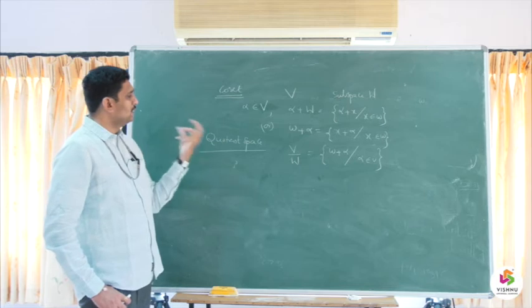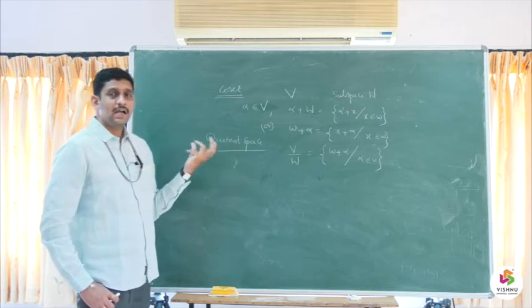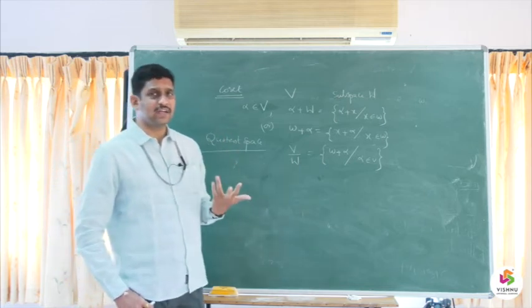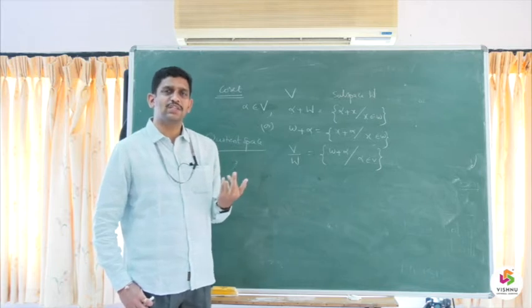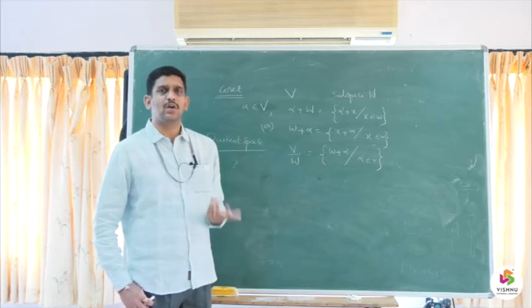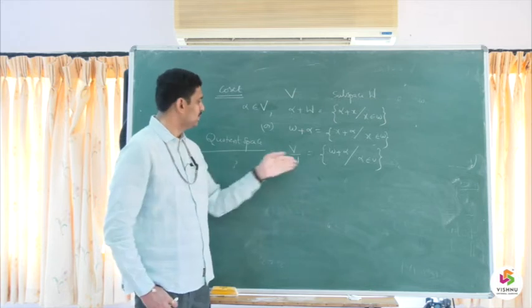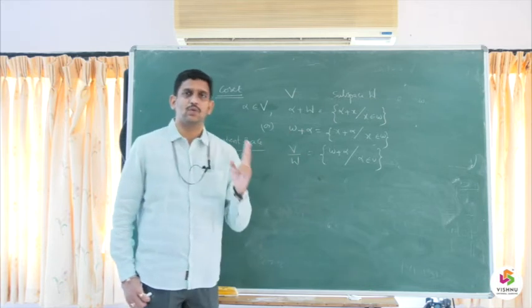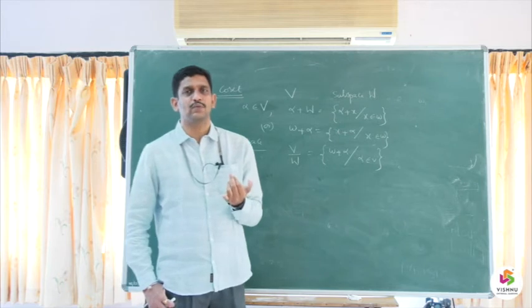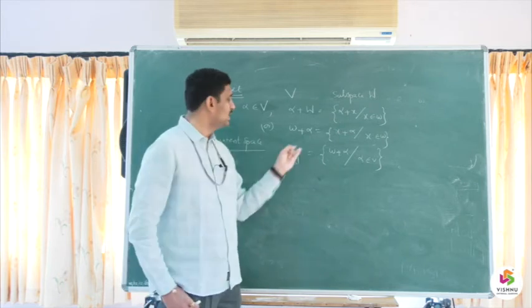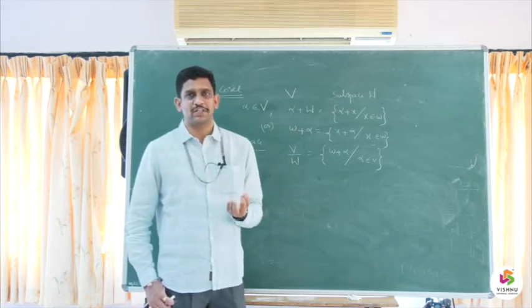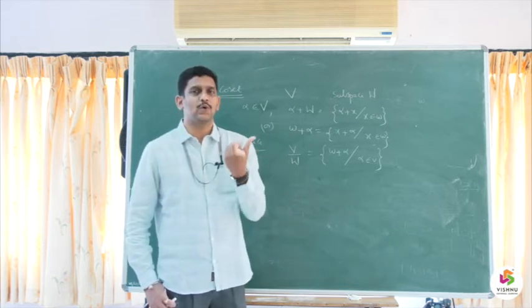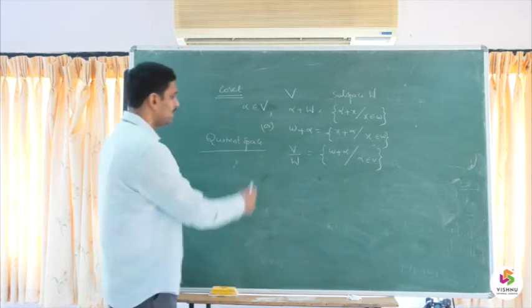Then this is a vector space, and generally while defining a vector space we require two operations: one plus, second dot. Plus we call the vector addition, dot we call scalar multiplication. So in the quotient space also we require two operations. Plus we call the coset addition, because V by W contains cosets, and dot is scalar multiplication. So how do we multiply a coset with a number? Here we define it like this.